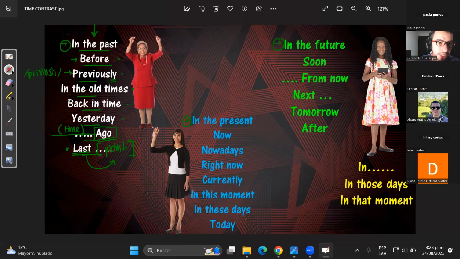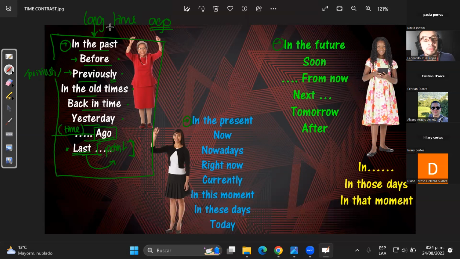Of course, these expressions or the expressions of time, yes, they can be positioned in different parts. Usually, they go at the beginning of the sentence. Usually, not always, no siempre, usually. So, for example, I would say that long time ago, right? Sometimes ago, right? So, long time ago, women were more strict, let's say.